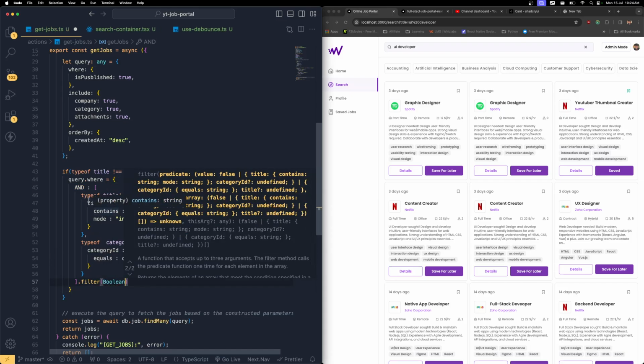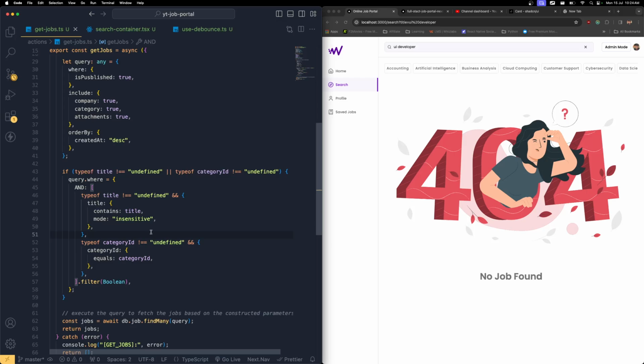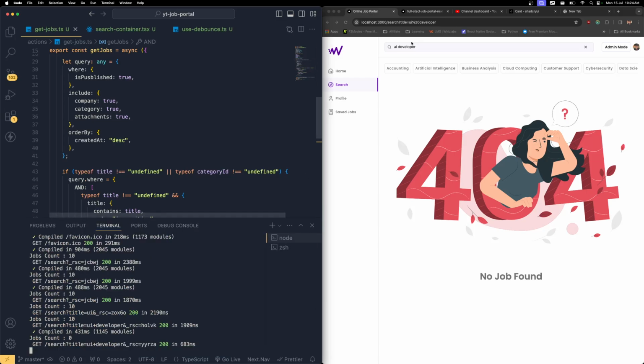If the condition gets matched, it returns true. If this condition is triggered and matched, it's going to return true. So we are filtering only the condition which is going to return true, the query which is going to return true. That's the reason we are using this filter boolean. Okay, fine. I think this should filter the data based on the, yep,